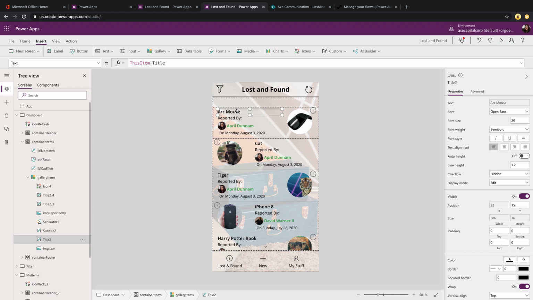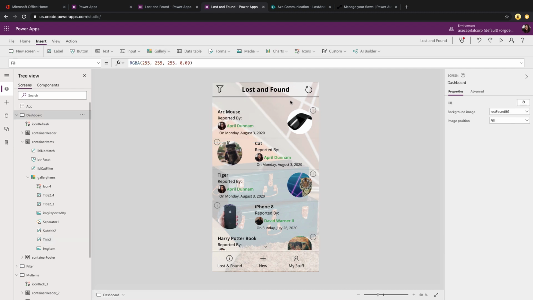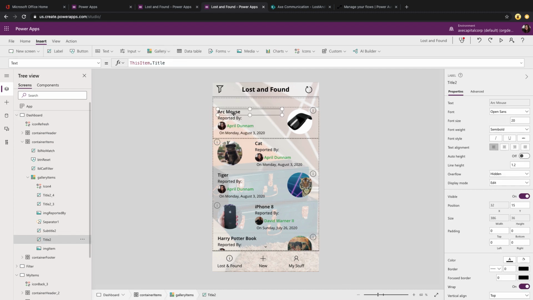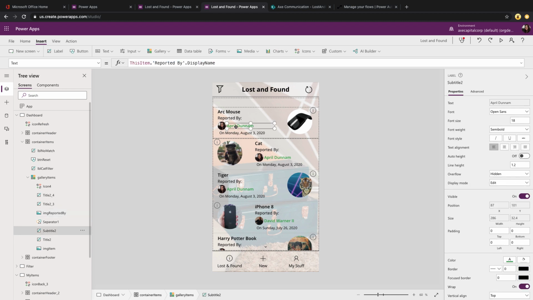I added some additional properties, so that gallery option gives us an image, title, and subtitle. So I've used the title and subtitle to pull in the title of the image and this reported by text. And then I just added an additional image control, which I pointed to the Office 365 users connector, and I'm using the user photo method to pass in the reported by field, which is a person or group field in my SharePoint list, to show the image of the person,